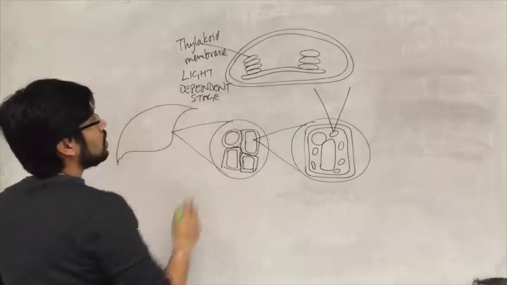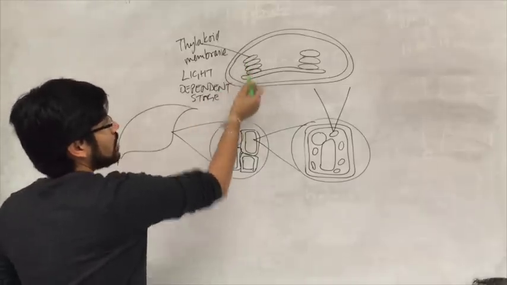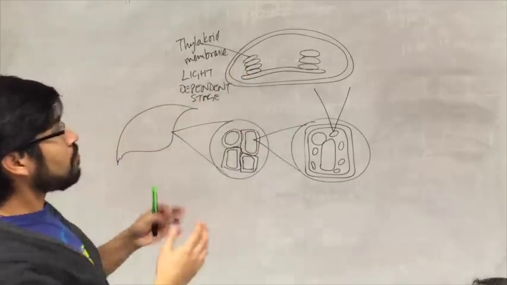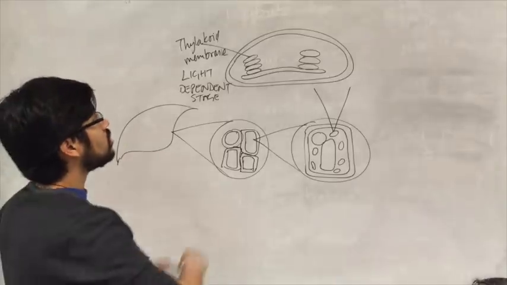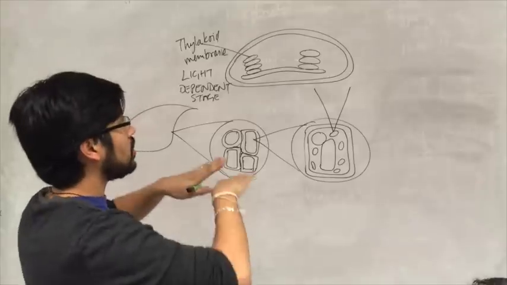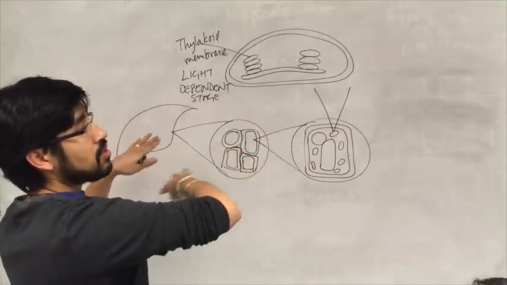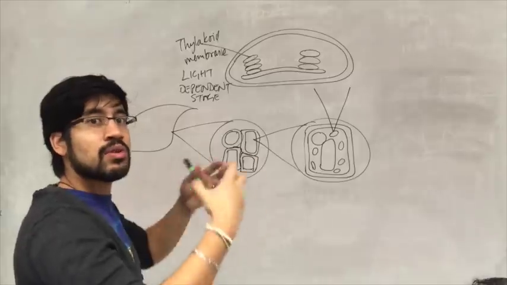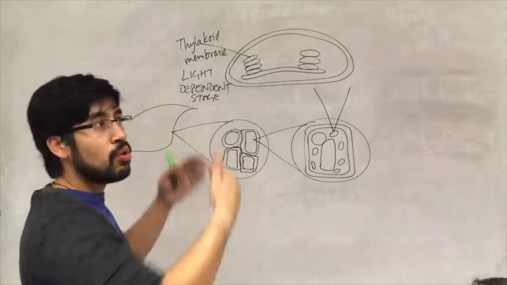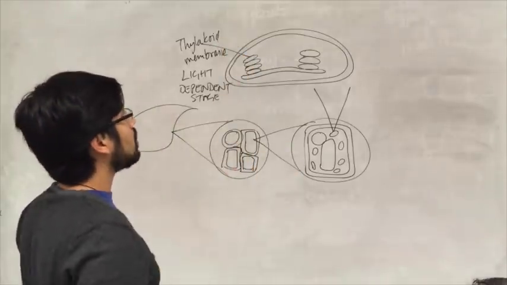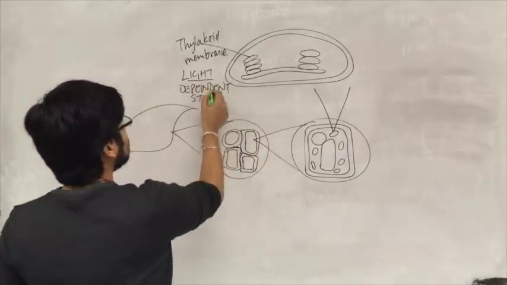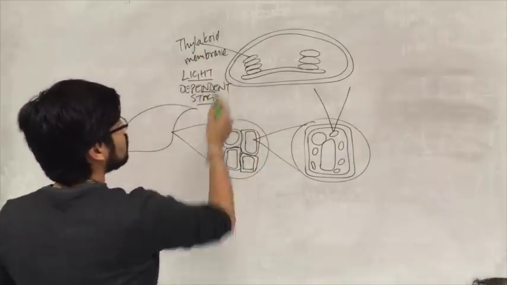Okay, so the light dependent stage is happening in the thylakoids, and even though I'm not going to go too much into it, it's why we have this structure for the thylakoids, to increase the surface area of the membrane that contains all the stuff that's needed for photosynthesis. So the more membrane we have, the more of the light-dependent stage can happen. Okay? So the light-dependent stage is occurring in the thylakoid